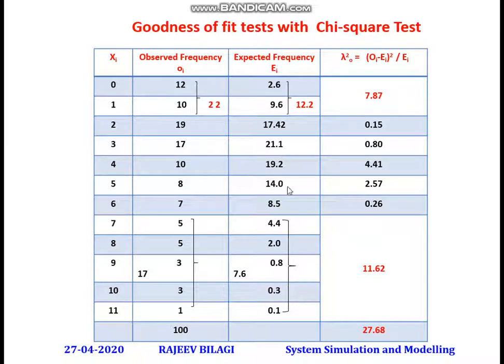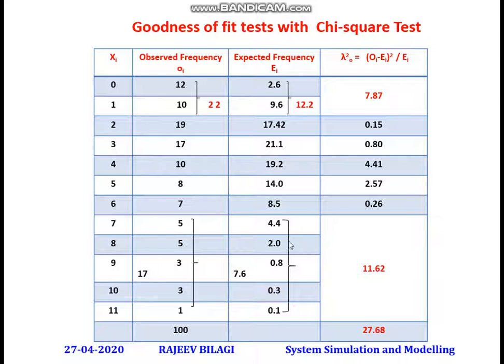I calculated like this. Now if you look here, 4.4, 2.0, 0.8, 0.3, 0.2. If all these values are less than 5, and you add all of them, if you get greater than or equal to 5, it is fine. Even if it is not possible, if you don't get a value greater than or equal to 5, then again you have to add with this. Now here anyway 4.4 plus 2 is 6.6. So now I have added these values, and here I have added these values.